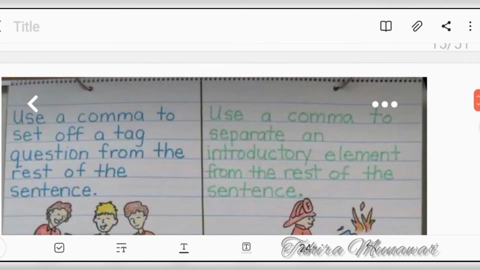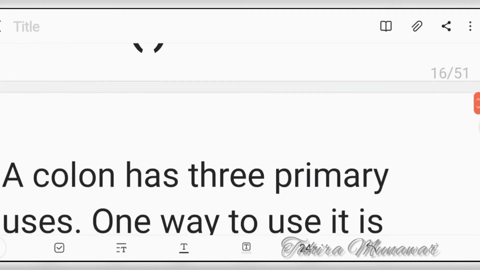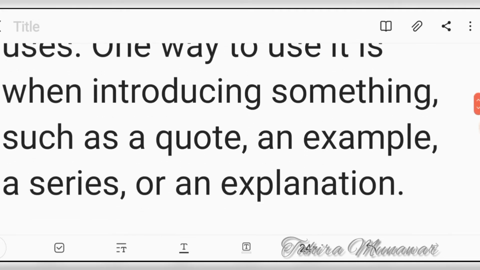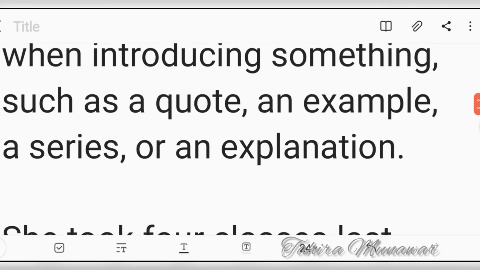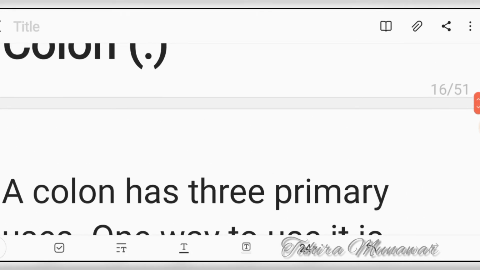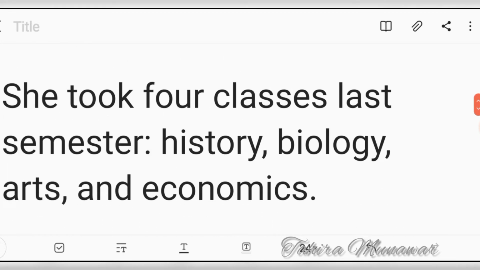So next, coming to colons. A colon has 3 primary uses. Look, these are the 3 primary uses. One way to use it is when introducing something such as a quote, an example, a series, or an explanation. When you want to explain something, exemplify something, or write some series, you will use this colon sign. For example, she took 4 classes last semester. So these 4 classes are further explained: history, biology, arts, and economics. This colon sign is telling you that these 4 classes are now to be explained in the next